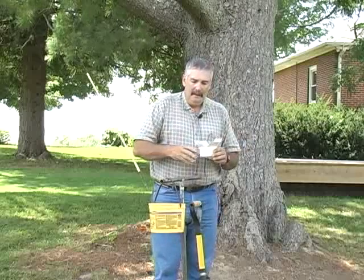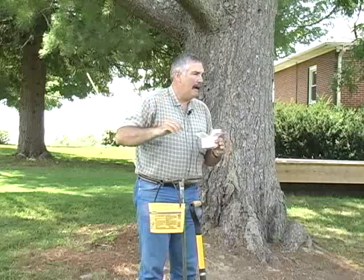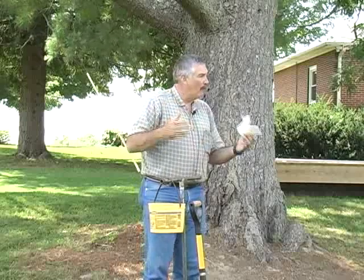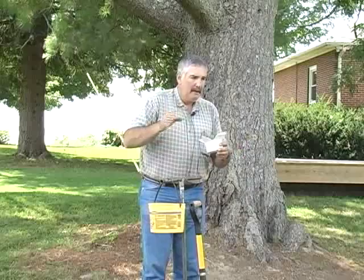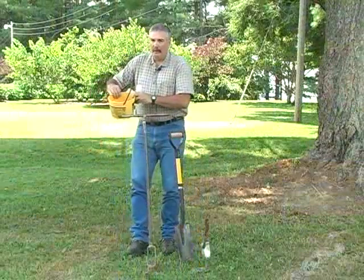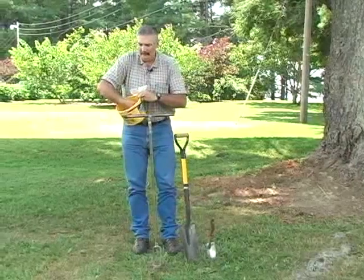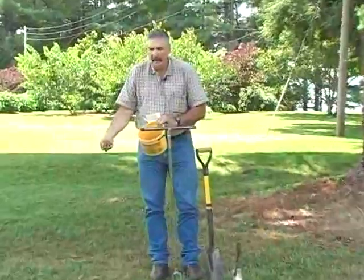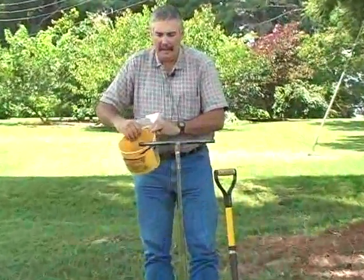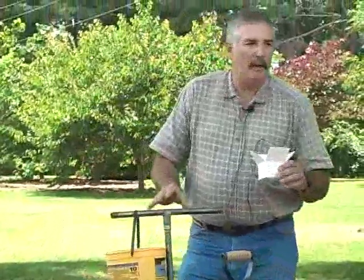And so I tell homeowners, go down a minimum of 1 inch, a maximum of 6 inches, what we refer to as that plow layer. Get that soil, take random samples, put them in a bucket. Once you get that, mix all that soil up to get a nice, good blending of soil from that area. Now you can either bring that soil in your small bucket, you can bring it in a plastic bag,